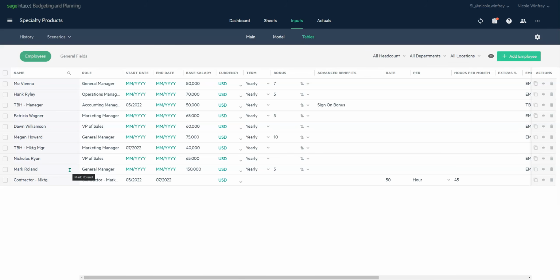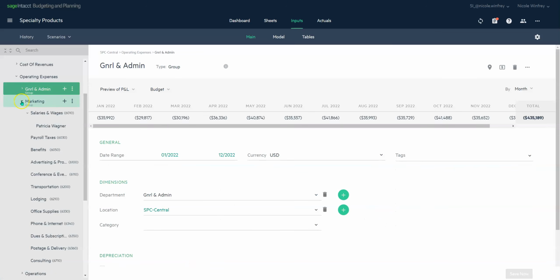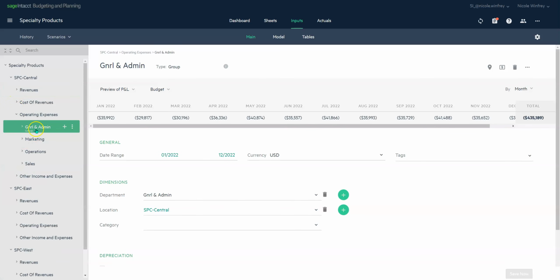So you have the capability to see all your employees in one single view. Now, one more item around our budget line items that's really fantastic is, let's say that we want to be able to allocate all our G&A expenses to our different departments, our marketing, our operations, and our sales departments with a single click of a button. So instead of having to create calculation scripts to be able to allocate these dollars to different areas of the budget, because we have a multi-dimensional budget here in Sage Intacct Planning,